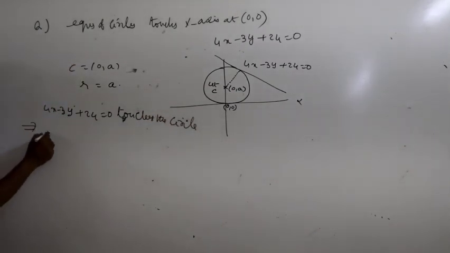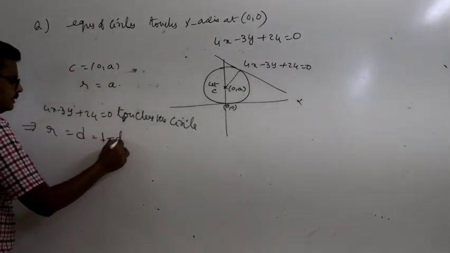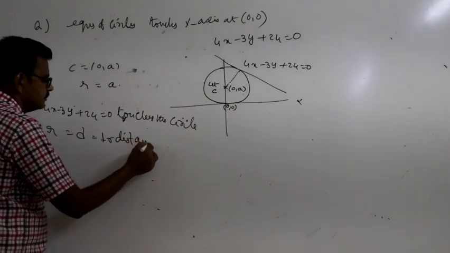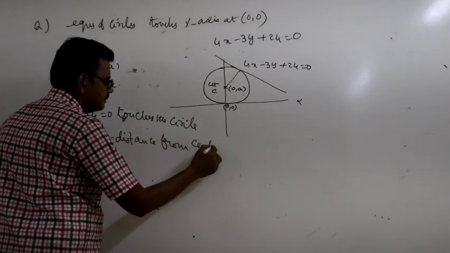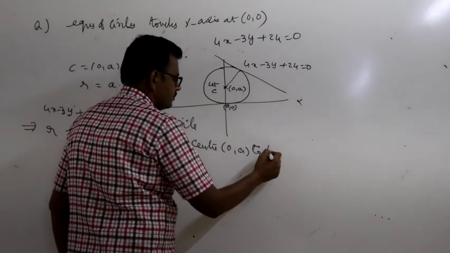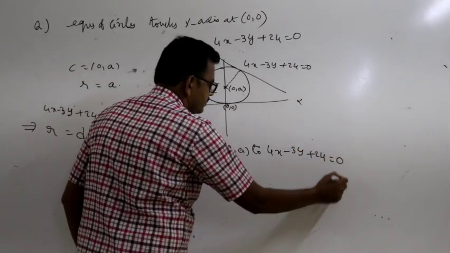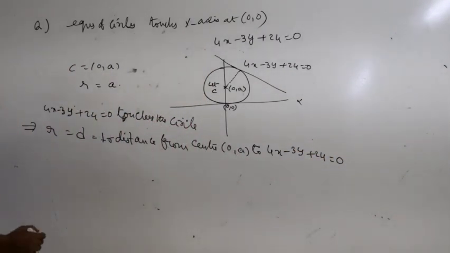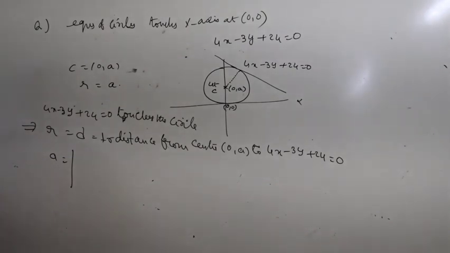This implies the condition for tangent: r equals d, where d is the perpendicular distance from the center (0, a) to the line 4x minus 3y plus 24 equal to 0, where r is a. The perpendicular distance is